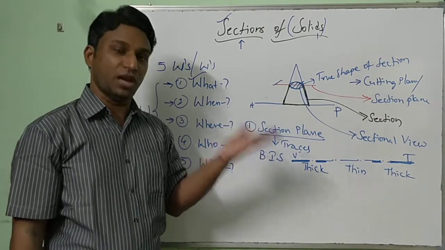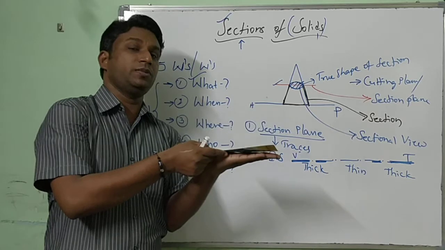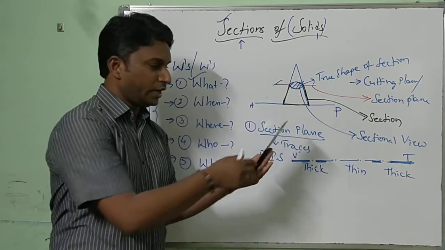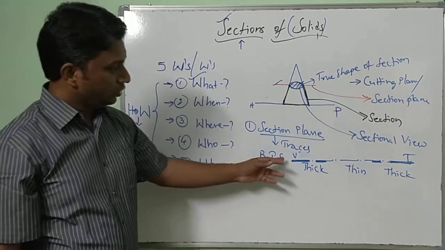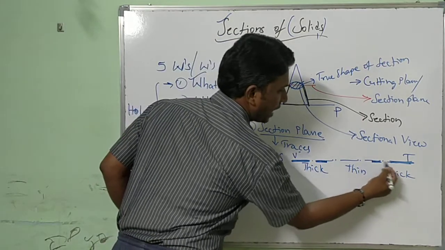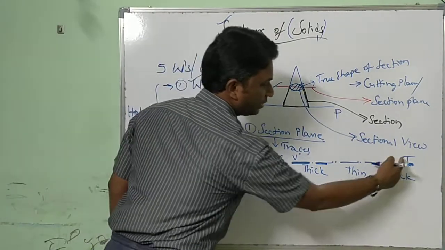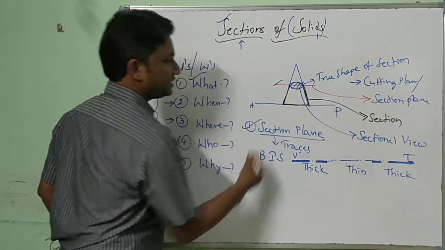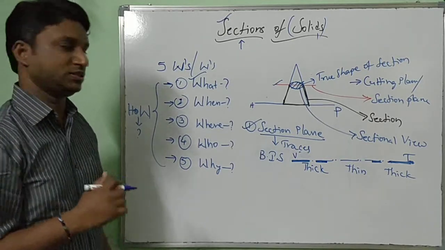it should be shown in the form of a line, depending upon its location. It may be parallel to HP, parallel to VP, inclined to HP, inclined to VP. We will discuss these cases further. That is nothing but the trace. See here, the edge part, the last part, is shown thick, and the middle part is shown thin. It is represented by the trace, the vertical trace. That is the first thing which you have to understand and draw whenever a question is asked.